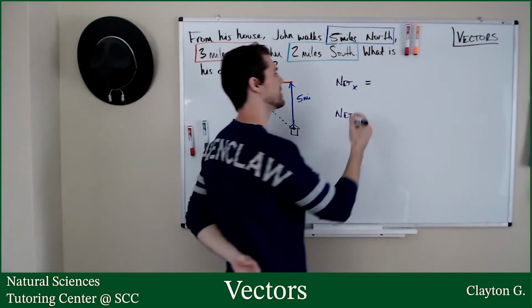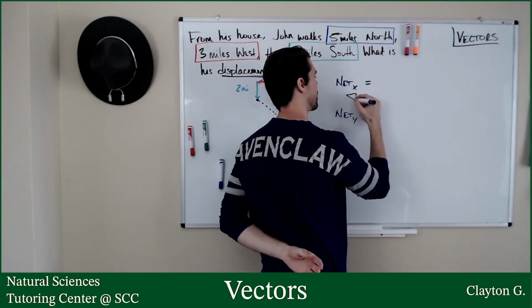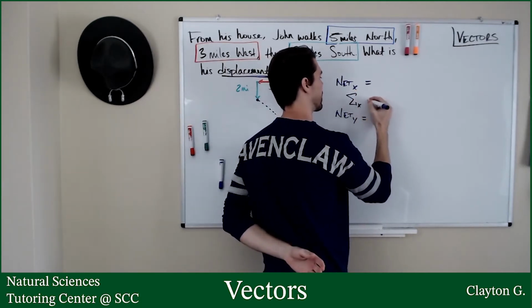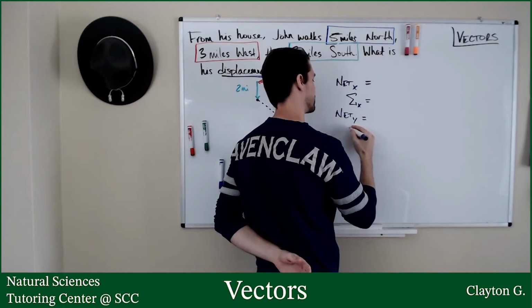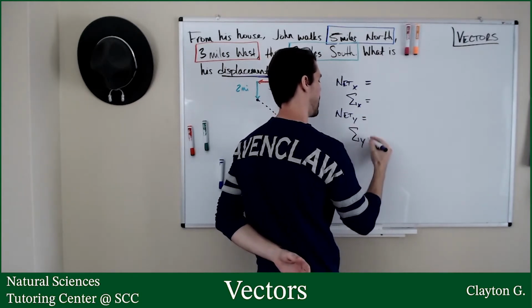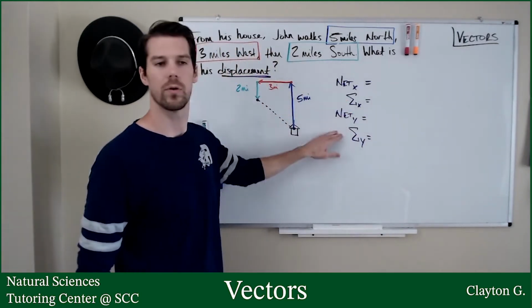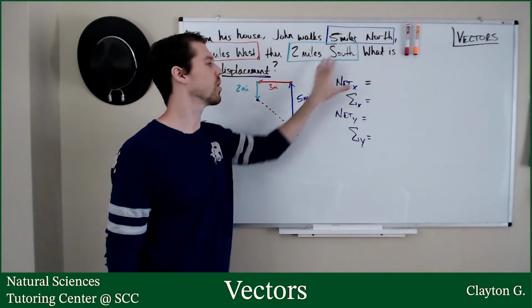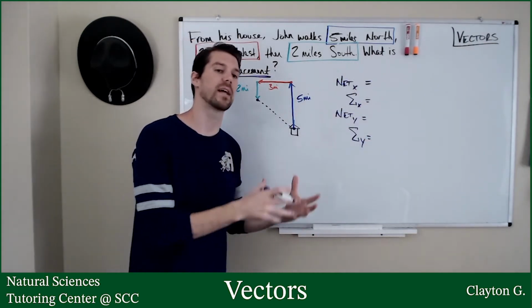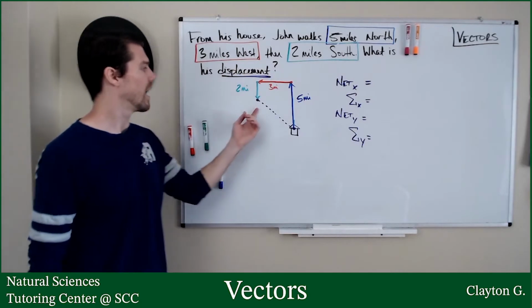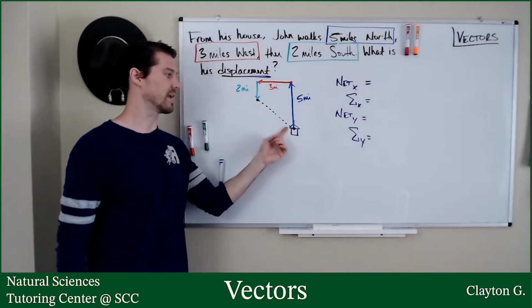So you might also see that like this maybe, if I can draw this epsilon correctly, and sum of the y. So however you learn it or whatever, this is all the same thing. All the x components added together, all the y components added together. I can see that this vector right here